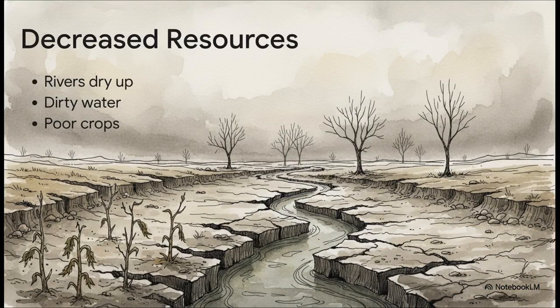Because of this environmental degradation, our most vital resources are directly threatened. We're seeing severe aquifer depletion where rivers are literally drying up, a massive loss of clean drinking water, and greatly accelerated soil erosion. And look, when topsoil degrades, agricultural yields absolutely plummet, crops just do not grow well, which poses an immediate critical threat to global food security.